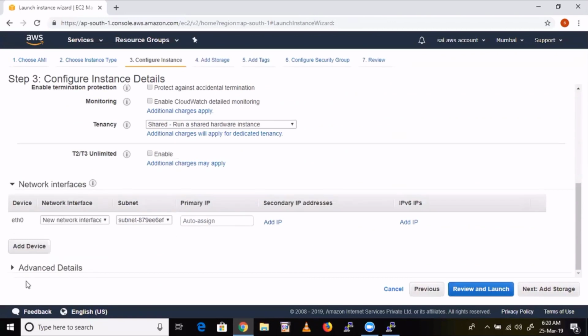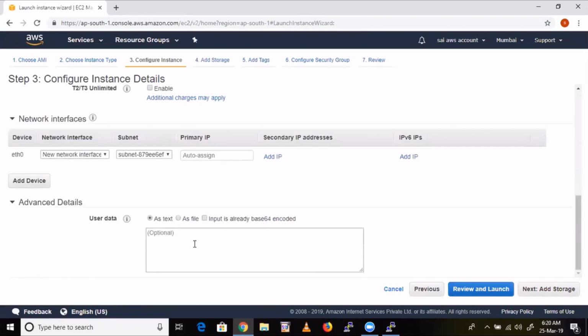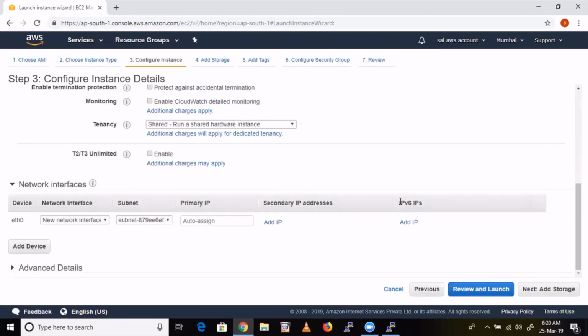Now here we can run this script, guys. Hash exclamation /bin/bash. Then sudo su, yum update -y. Everything is correct, right? Fine. That's it. So the system will take all updates.